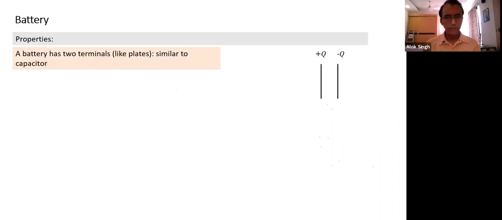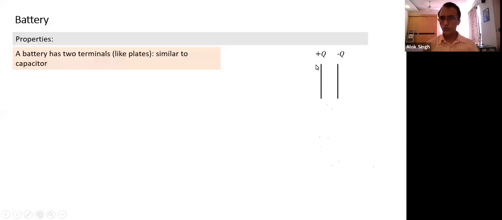Another thing we'll discuss is the battery, because the battery also comes along with capacitance. What is a battery here? This is something all of you have come across. A battery also has two terminals. In fact, conceptually, it is similar to a capacitor. It has two plates, called two terminals. One plate has positive charge, the other plate will have an equal amount of negative charge. Because any charge you bring close to the battery will not experience any electrostatic force. What does that indicate? The net charge on the battery is 0. So one plate has positive charge, one plate has negative charge.